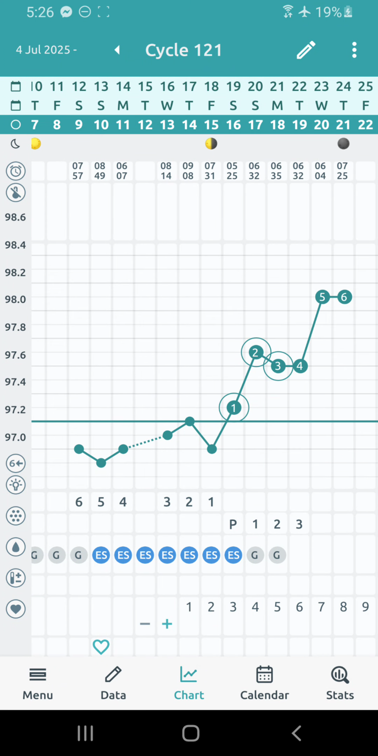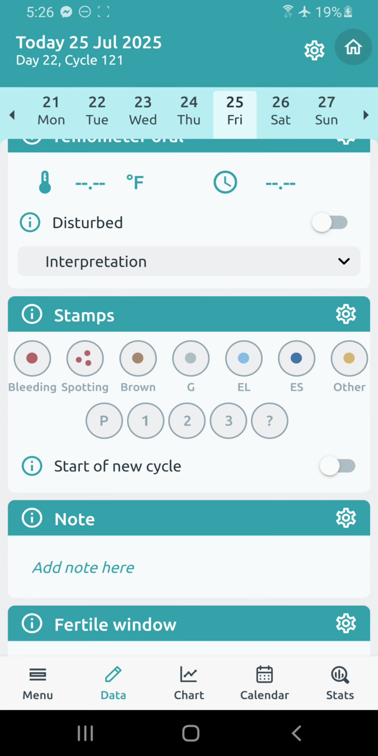Here's how you're going to use Read Your Body to set up FEMM stamps for cervical mucus charting instead of using the cervical fluid notations. So I'll show you the difference and I'll show you how to mark those in this app. So what we want to do is go to the data section just so I can show you what they're